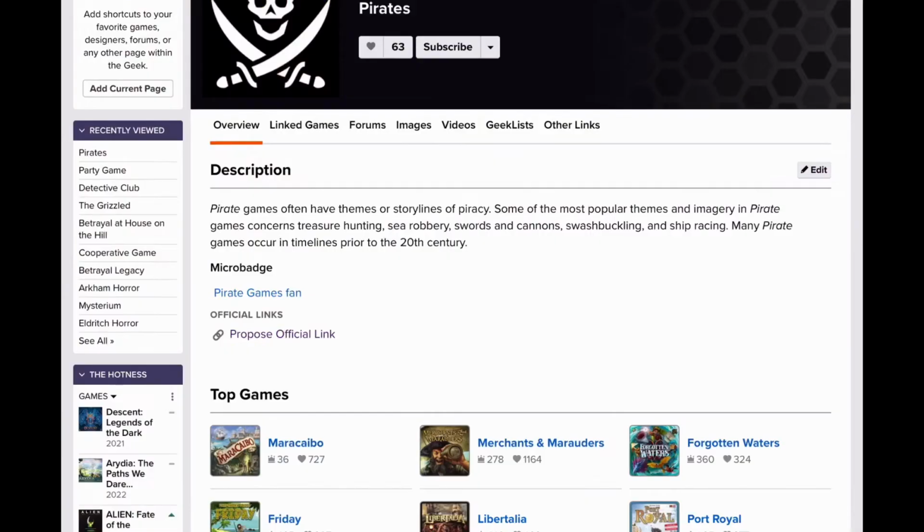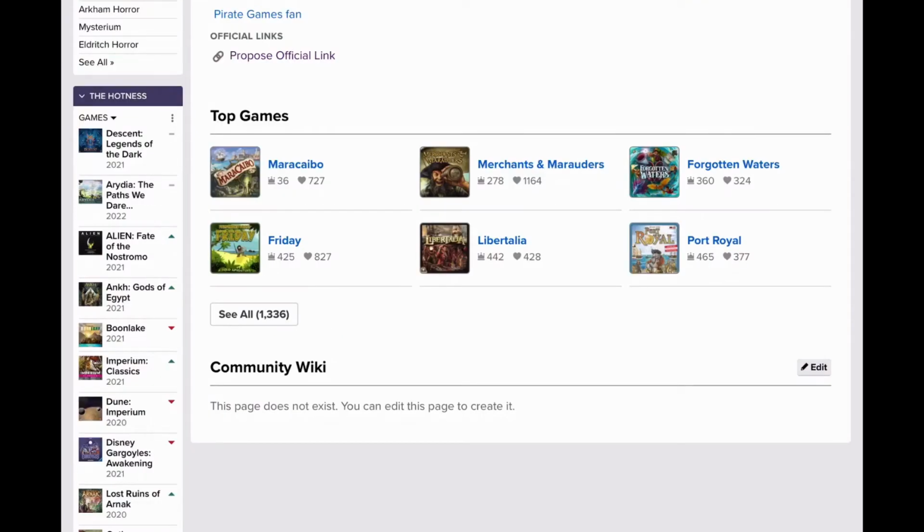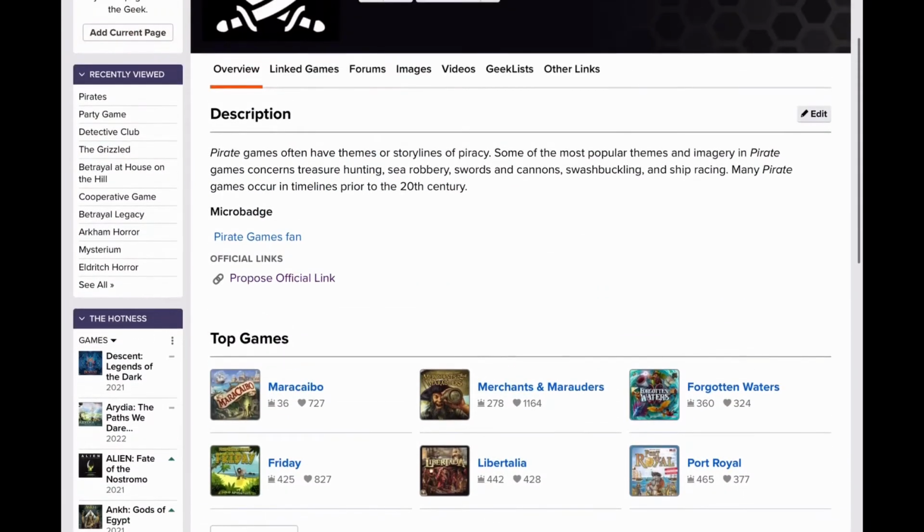Let's check out pirates. Pirate games often have themes or storylines of piracy. What do you know? Some of the most popular themes and imagery in pirate games concerns treasure hunting, sea robbery, swords and cannons, swashbuckling, and ship racing. And top games in this, oh dear, I'm going to butcher this. Maracaibo. We're going to go with that. Merchants and Marauders, and Forgotten Waters. So, alright,